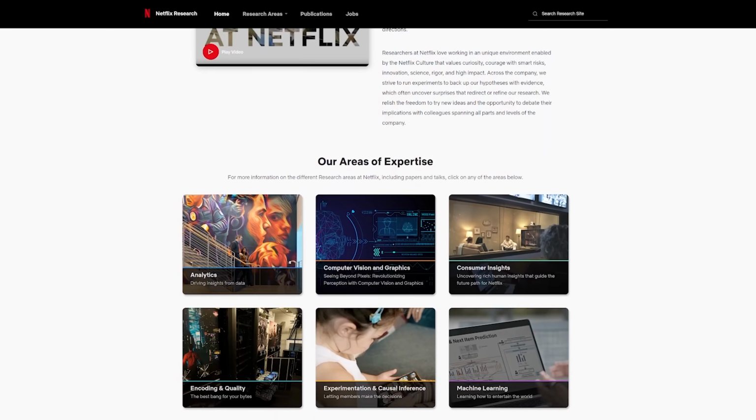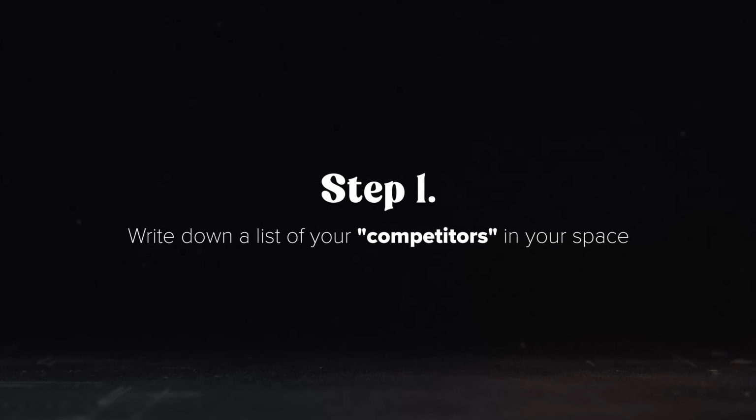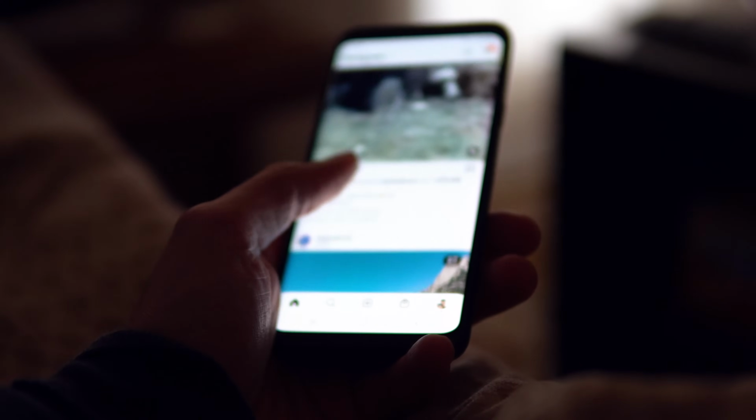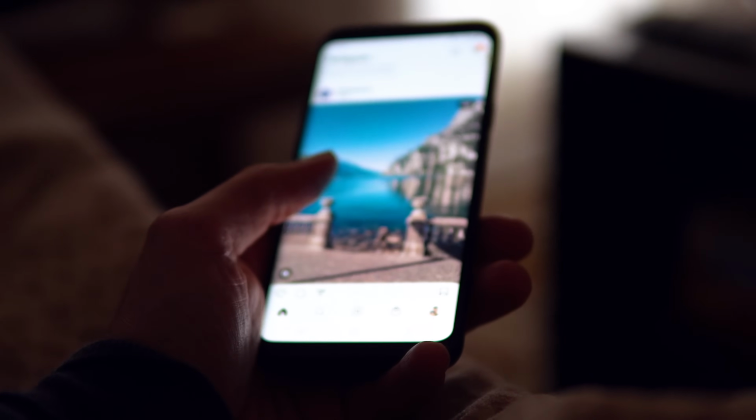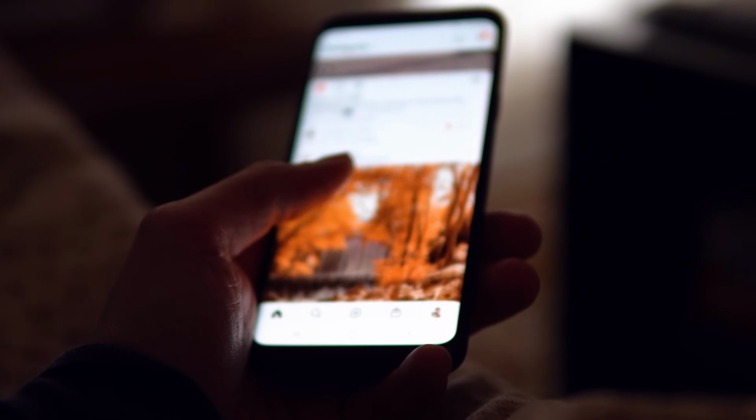So actually, let me show you the system we use in the creator mentorship at my brand new creator sprint to do exactly that. Basically, what you need is a list of competitors and similar accounts to yours, or even just accounts that you love from outside of your niche, for example. Usually what you do is just scroll down, saving content that you like a lot, liking related content and stuff like this.